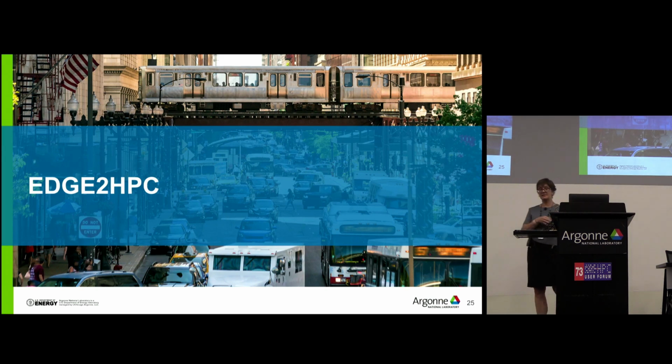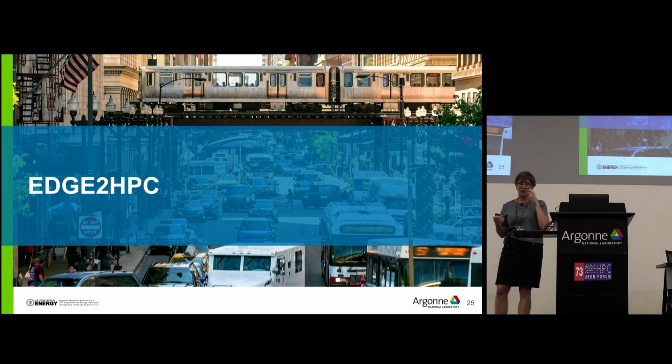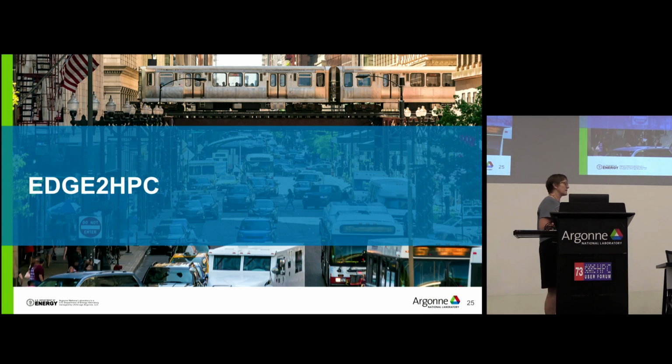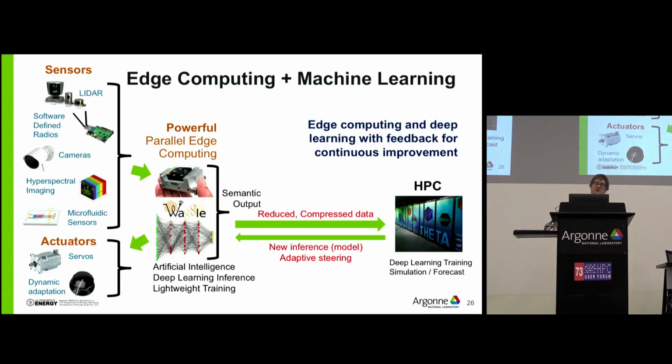So that takes me to the futuristic part, or where we are headed with this work. When you're at the edge, edge computing, there's a model that people are pretty comfortable with right now. You collect a bunch of data, you deploy an inference engine at the edge that analyzes your data. And this is fine, but it's somewhat static. And we are working towards having a more continuous feedback loop.